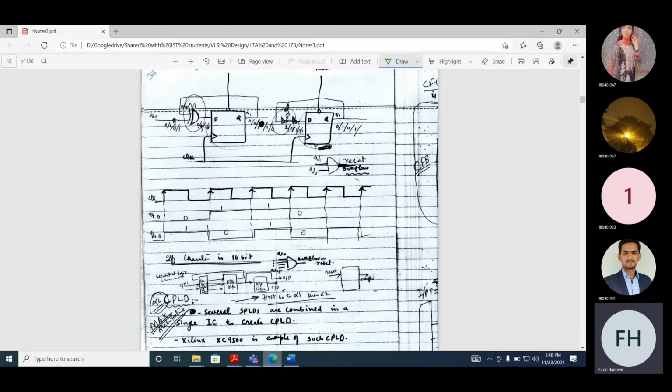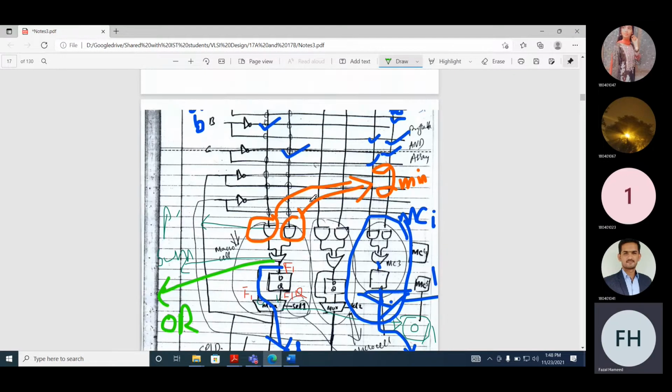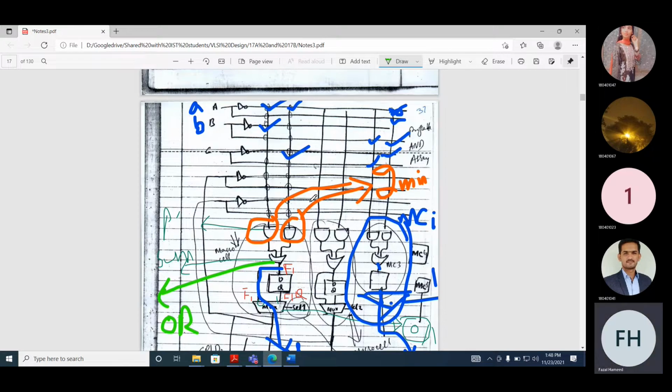So if you look at the macro cell, for this Q0 we will also use the feedback term here, because Q0 will be fed back and Q1 will also be fed back. So 2 macro cells will be used, and now this is your homework: how you can implement it with this macro cell.